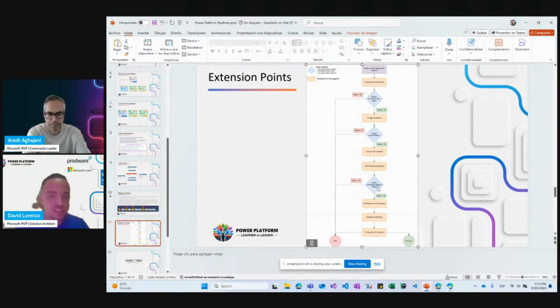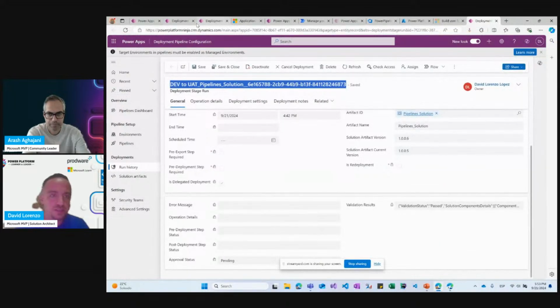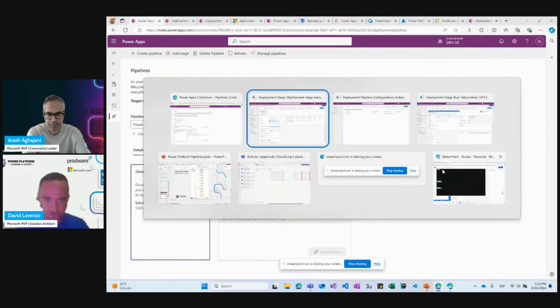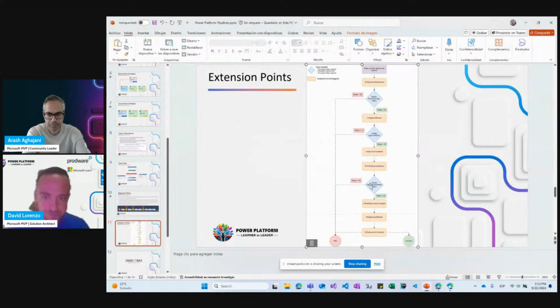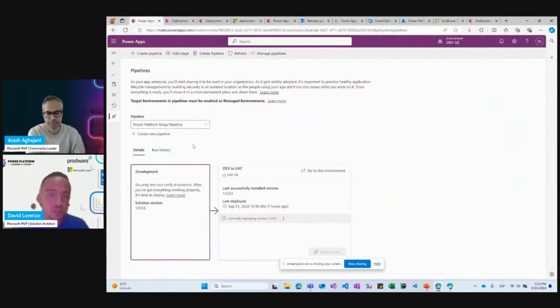As we haven't checked this step, the pre-deployment step required is not checked, so it won't stop here. It will continue down, and then if everything goes well, it will succeed the deployment and will export the solution to DevOps.